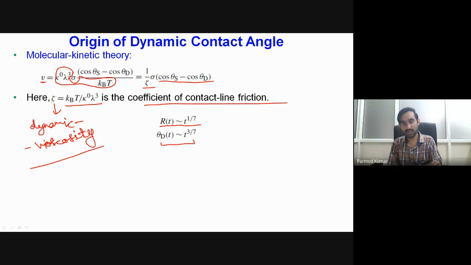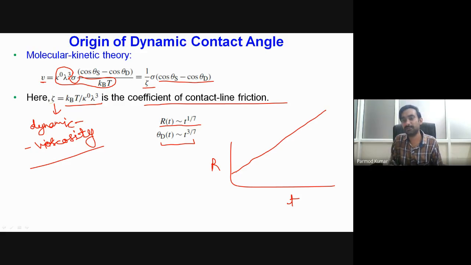Okay, but while we apply these theories, for certain types of fluids these will actually be applicable. However, in recent days, when researchers have further tried to explore the phenomenon of dynamic spreading, it has been found that the plot between R and T cannot be represented by a straight line. Rather, we will be having different regimes of spreading over here. At present also we can consider that this is a phenomenon which is not fully understood, and still it is a topic of research, and people can pursue further research over here.